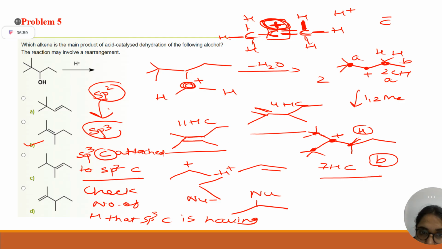And in alkenes, how am I seeing? These both carbons are sp2, right? So we have to look for all the carbons next to these sp2 centers. So 3, 3, 3, 9 and 2, 11. Now clear? Yes, ma'am. And are you clear with the logic also, why they are stabilizing this carbocation or this olefin? Because this CH sigma bond can donate its electron density to stabilize this carbocation. Clear? Clear, ma'am. Good, good.